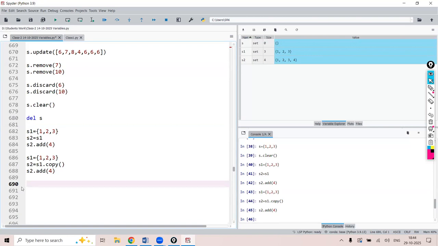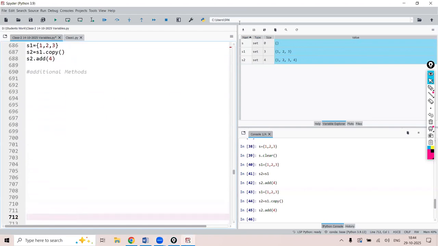Now, what are the additional methods, or what are the advantages? As Shweta asked earlier at the start, what is the advantage of a set? Now we'll see the advantages of sets, and majorly where we are going to use them. And before moving on further,